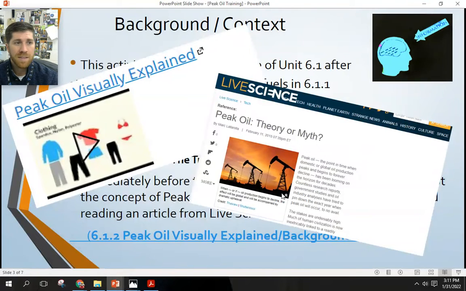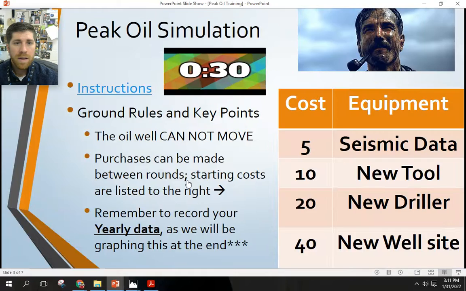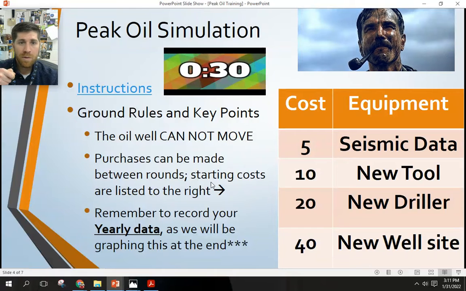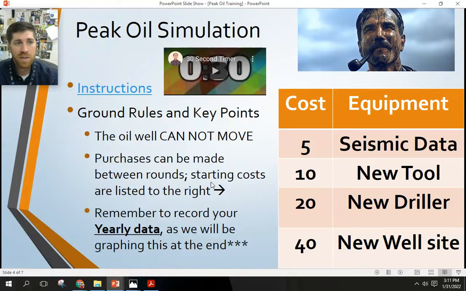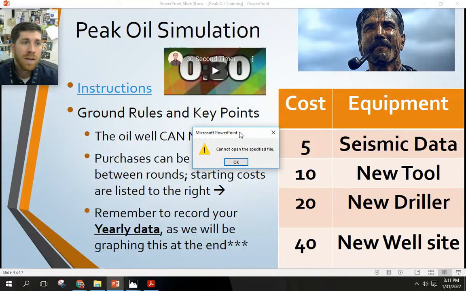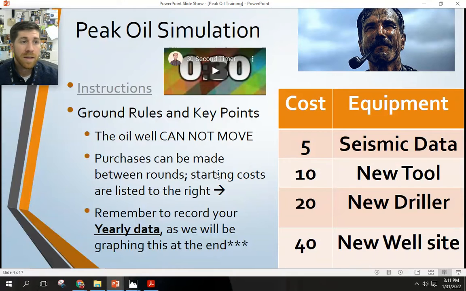So then coming into the activity, the actual peak oil game, as it's called, essentially has students taking the role of a driller or a refiner and then going through and extracting the oil from the ground, moving it over to a refinery, and then finally finishing by putting it into a finished product container. And so I have the instructions linked here,